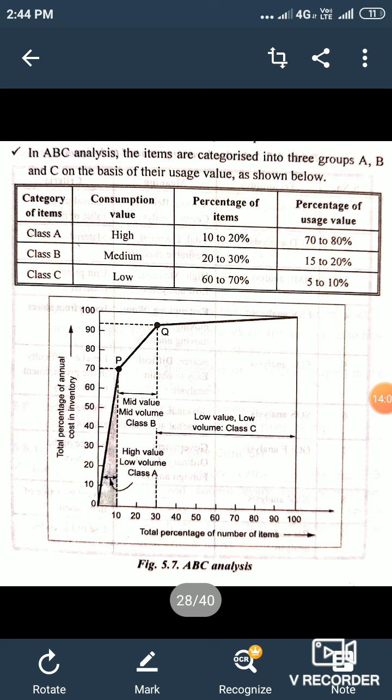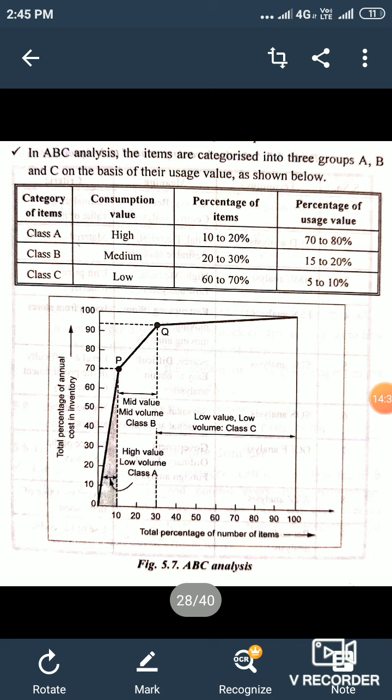Correctly we can add above 70 only 15 to 20 percentage. So in y-axis above 70 we add 15 to 20 percentage, and in x-axis we add 20 percentage. The area under the graph covering the PQ area is the